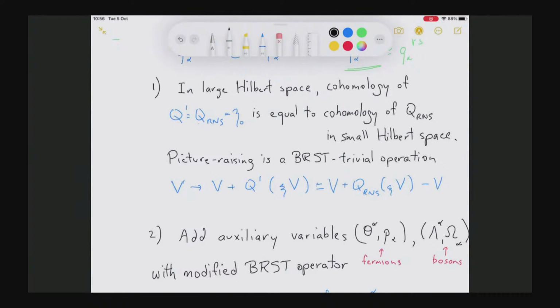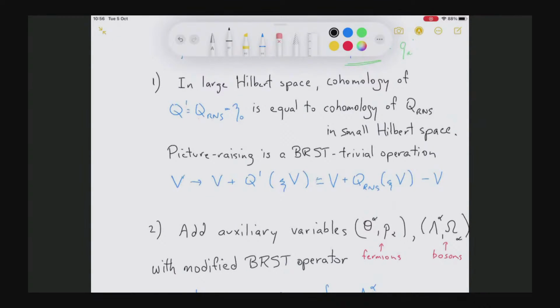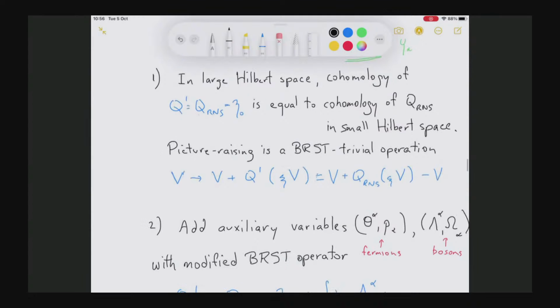So I'll tell you what. Let's wait until I introduce the auxiliary variables. This might be a good question to ask at the end also, but I hope you don't need to know this just to understand what's going on. So let me just say a little more about these 4 steps.